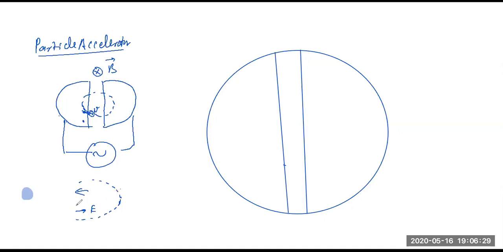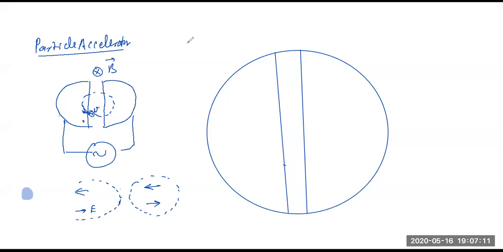For half of the circle, or if you say a complete circle, let's say it starts from here. For this part of the circle, I want the electric field to be like this. And for the other part, I want my electric field to be like that. Got it or not? If I want my velocity to increase continuously, then I want my electric field to always have a component in the direction of velocity. I repeat my point. If I want my velocity to increase, I want a component of the electric field always to be in the direction of velocity.